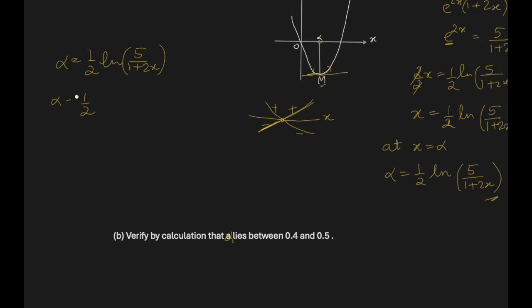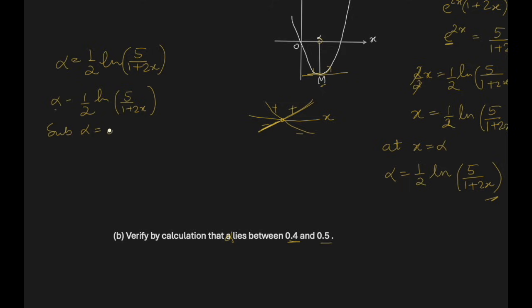So I'm bringing this half natural log 5 over 1 plus 2x to the left side, and this is supposed to be 0 for the solution, right? But we don't know the solution yet, so I will not write it is equal to 0. So I will see after substituting 0.4, is it positive, and after 0.5, is it the opposite sign, whatever sign it is. So let's substitute